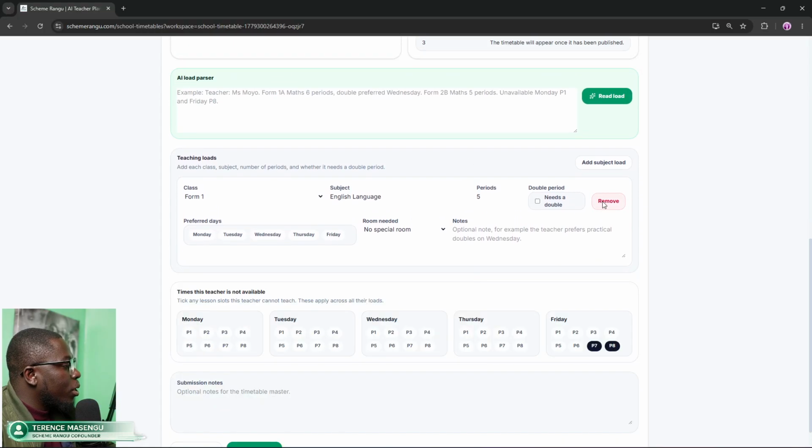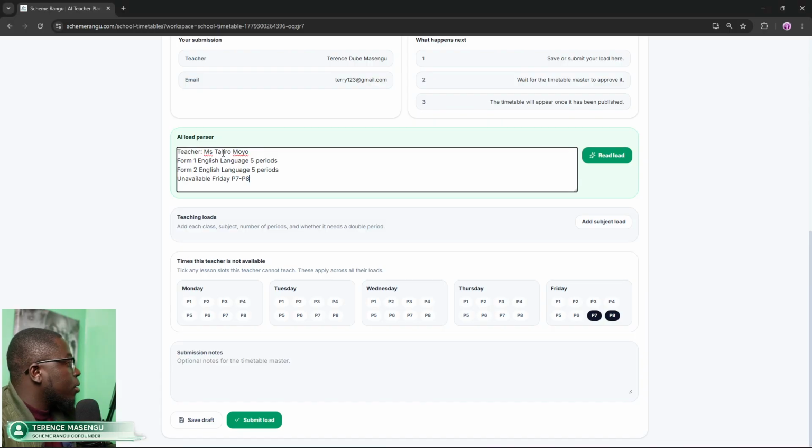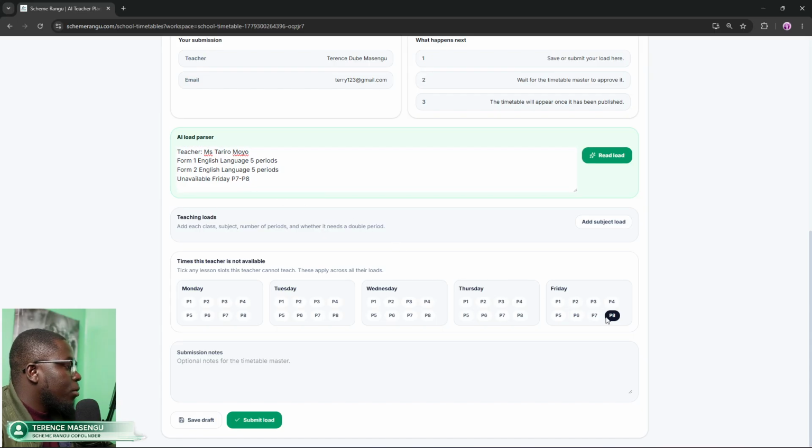The other way is, let me just remove this, I'll just copy something here. The other way is typing something like this. They can just type teacher Mr. Romoyo, Form 1 English language 5 periods, Form 2 English language 5 periods, unavailable period 7 and 8. So let me just